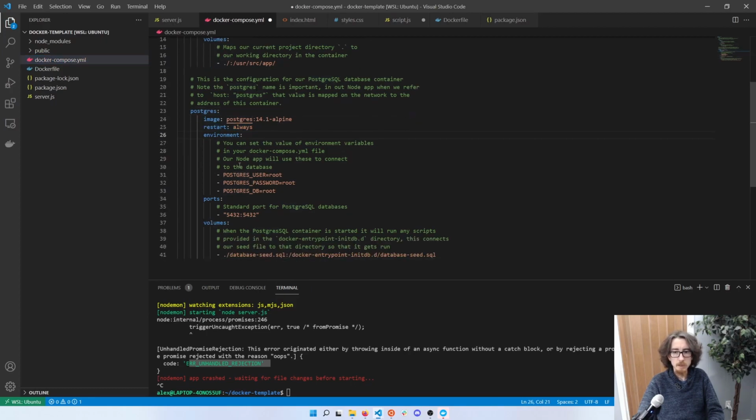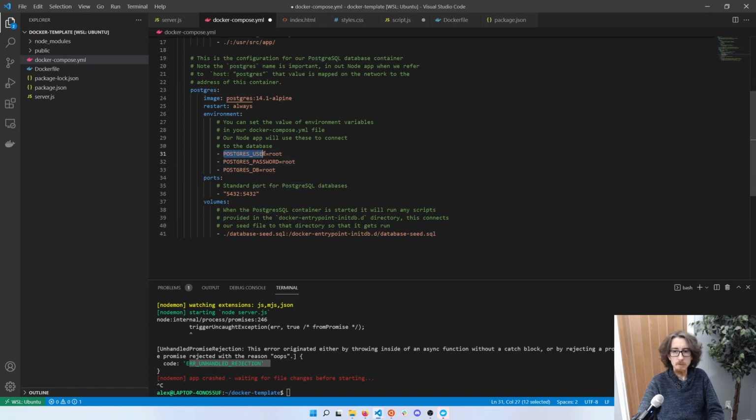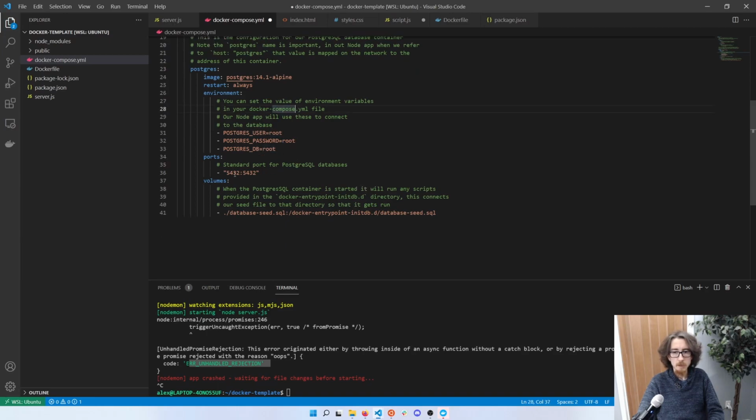Restart it automatically, straightforward. You can set environment variables with the environment value. So we're going to do Postgres user is root, password is root, and DB is root. These are built-in values for the Postgres database. So it's going to create the database, and these values are going to automatically be set with root. If you need to change these, you can. We're just using those as an example. 5432 is the port that Postgres communicates on, so we need to expose this one